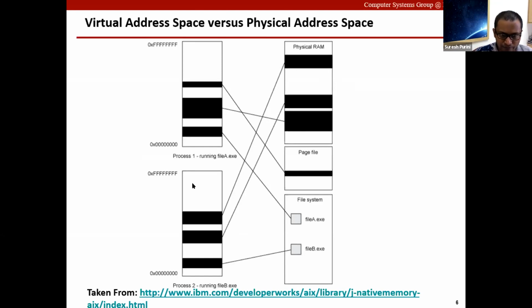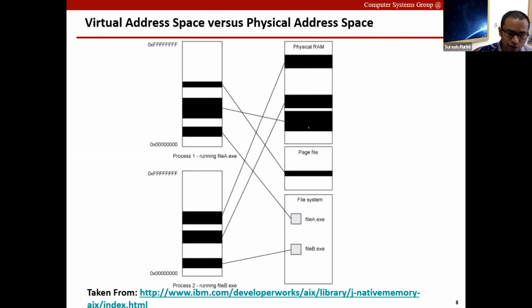Similarly, this is the virtual memory layout for process 2, which is hosting the program file B. And so different pages in this virtual memory address layout get mapped to different physical pages in the physical RAM.